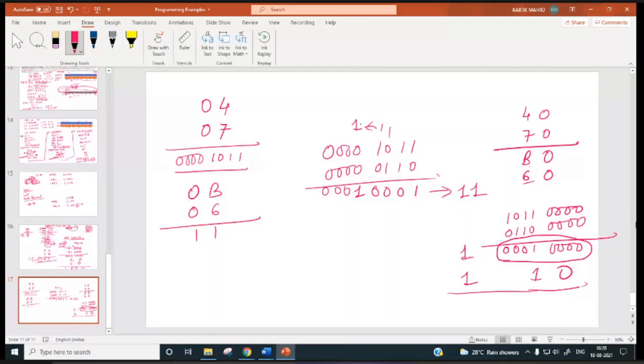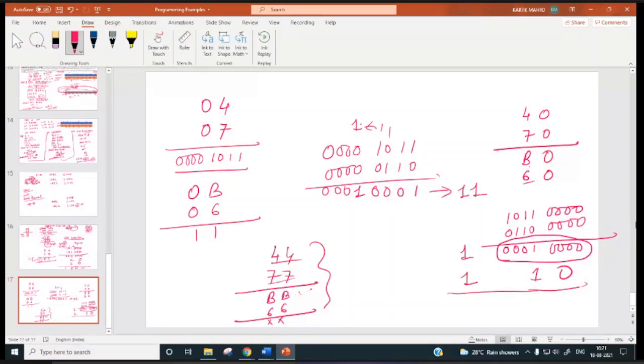Now if we add, say, 44 and 77, our result will be BB. So if we add 66 to this, what will be the result? All of you do this calculation quickly. 44 plus 77, the result will be BB.